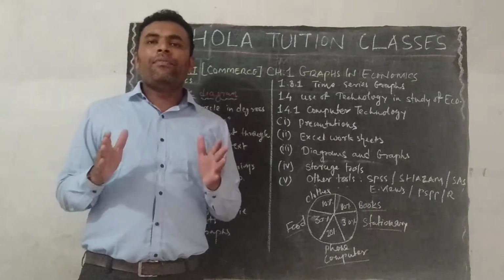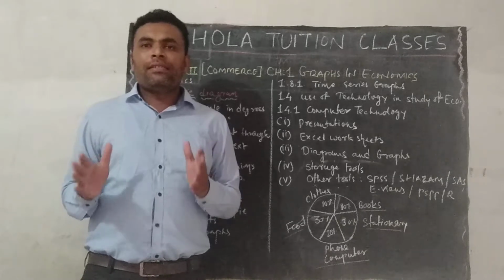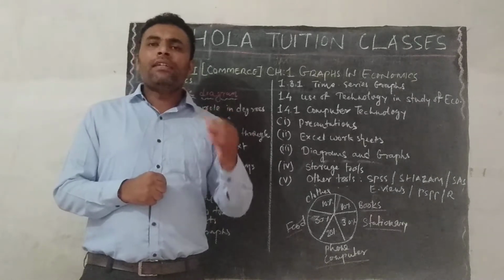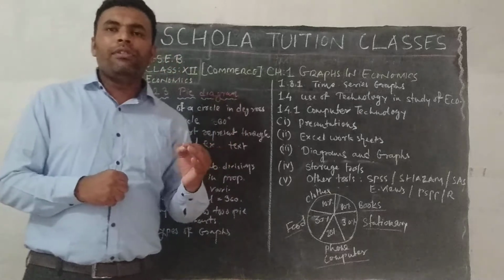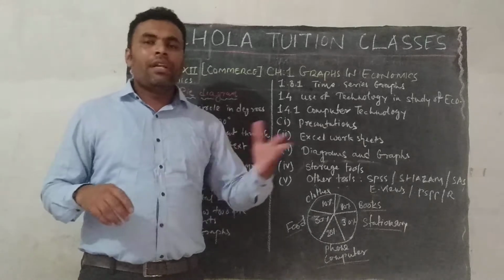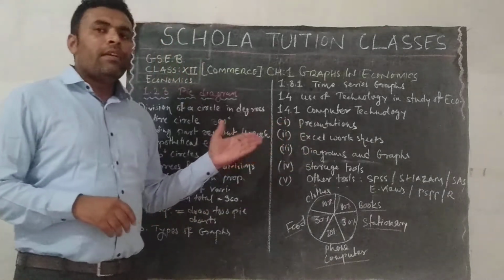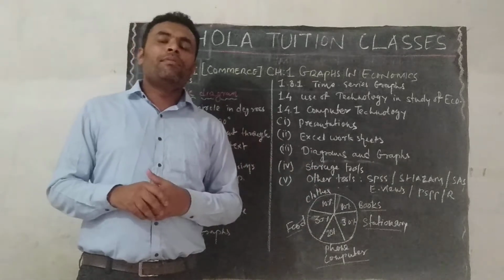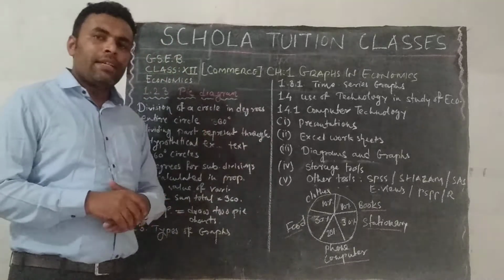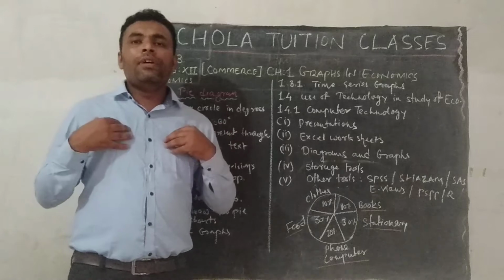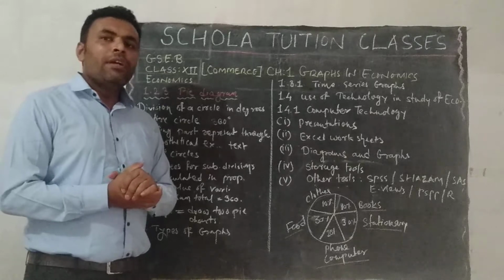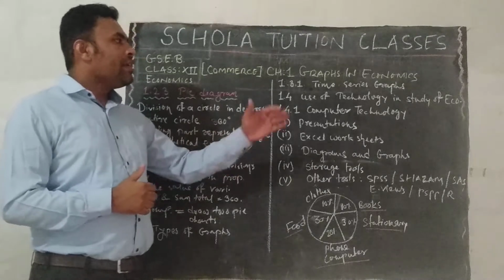We can say we are now on a bunch of technology, and at each and every point we are using technological key aspects. For example, if we are driving, we use a navigator, Google Maps. If we are in a college, from the academic point of view, we use Google, e-journals, e-books, etc. According to our own convenience, we are using technology in the study of economics. Now we are considering computer technology.